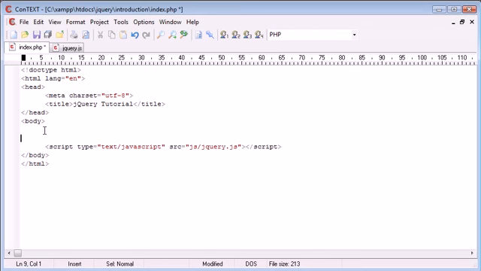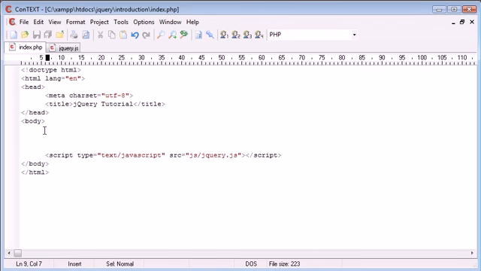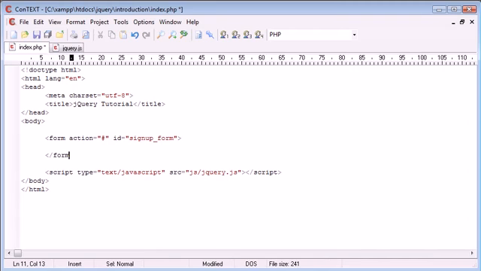So let's go ahead and outline or draw up the HTML for this, just so we know what we're doing. And we can see the example on the screen. I'm going to create a form with an action of hash, so we don't actually submit the form. I'm then going to give this an ID of signup_form. I'll go ahead and end the form, and now we have our actual form. Now remember, the ID is where we reference, so we're going to be referencing signup_form when we check for the